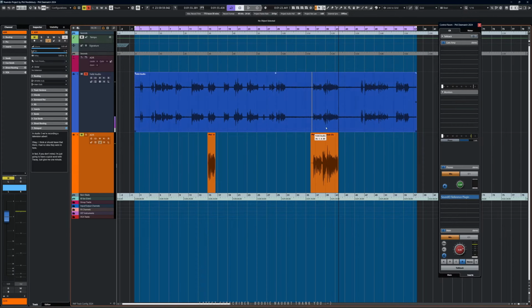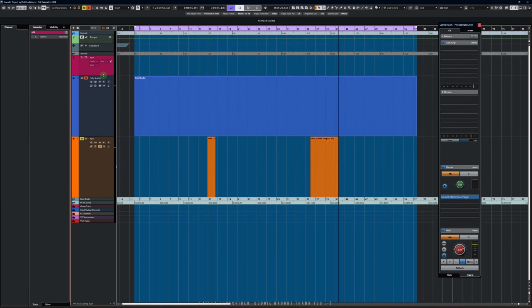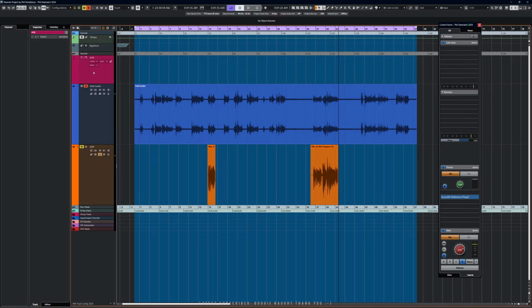So let's use that piece there as the example when we get to it. So one of the first things I want to do is to show you how to easily mark all these areas of dialogue. At the moment, you can see we've got, let's just drag that down, we've got a marker track here called ADR. And it would be useful to be able to kind of skip through these different pieces of dialogue, even though they're all recorded in one file. So how do we do that? As I said, in this case, really not necessary because we've already got the ADR, but I want to show you that.